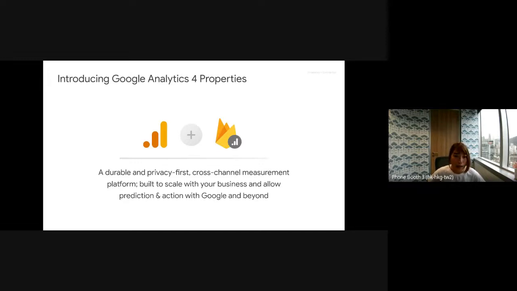And not only on measuring app user behavior from the first party data point of view, we will also be bringing in a lot of Google machine learning capabilities and adding in other Google signals to help empower your app analytics data.